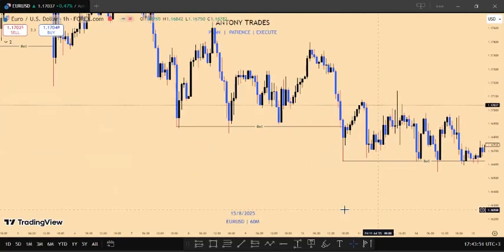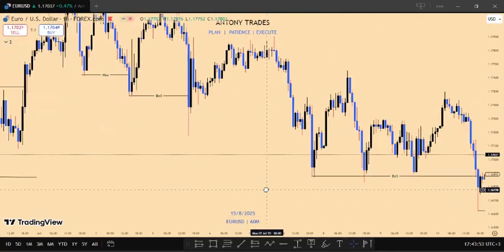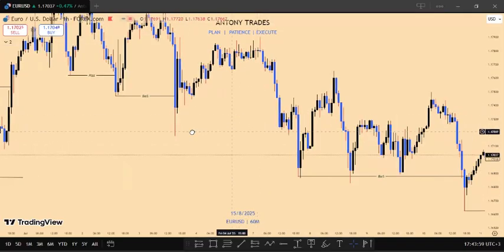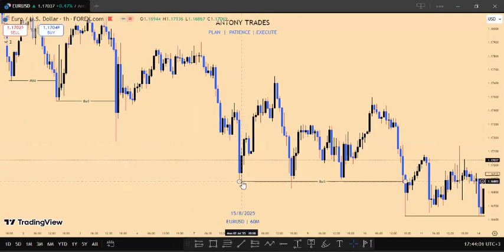So now let me go to the second rule that I use for me to identify a valid pullback. So the first rule I've said, and the main one that I look at, is two consecutive candles that are closing above each other. So the second rule that I use is that,